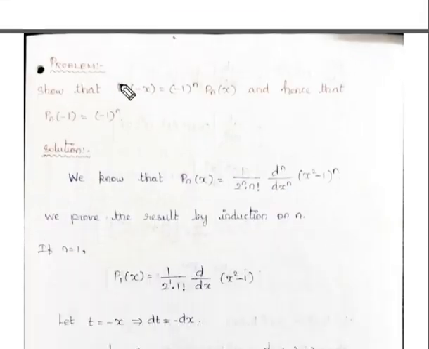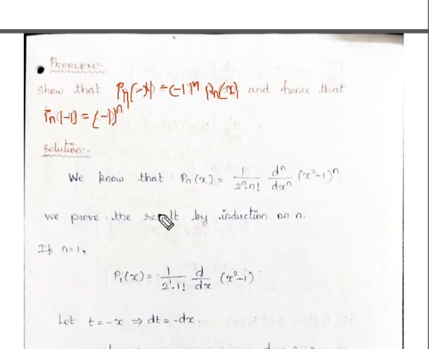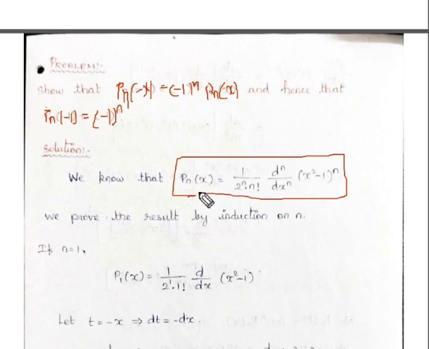What is the problem? We want to prove that Pn of minus x equal to minus 1 power n into Pn of x. And also we want to show that Pn of minus 1 equal to minus 1 power n. Already we know the Legendre polynomial solution formula. This is the formula. We prove this result